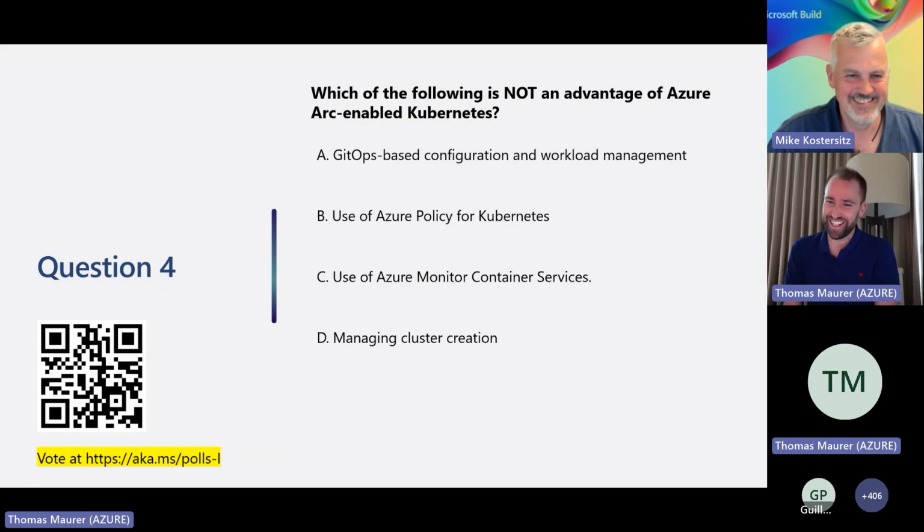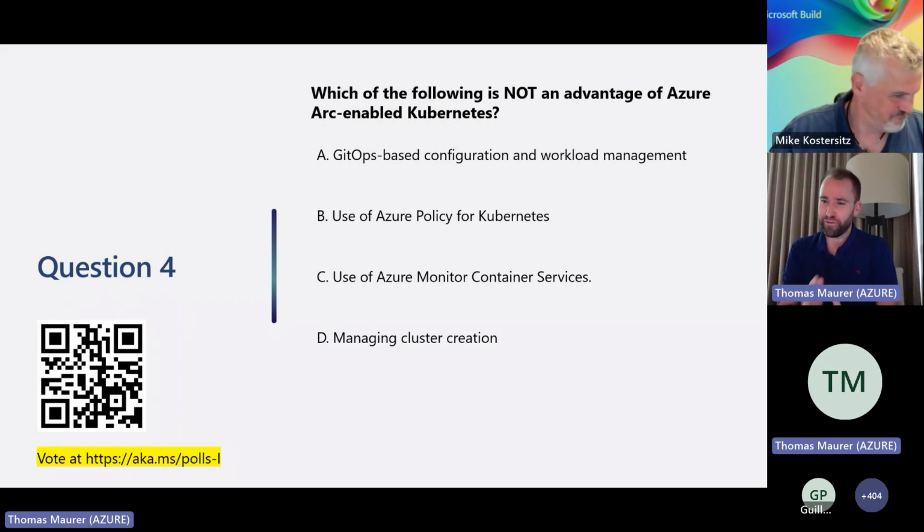So this is a little bit of a tricky question. If you were really upfront, you probably have seen some stuff and you're probably now confused about what the right answer is. So is it A, GitOps-based configuration and workload management? As far as I understood and listened to Mike, and we will also see a little bit more about GitOps later on, I would say that's definitely a benefit enabled by Azure Arc-enabled